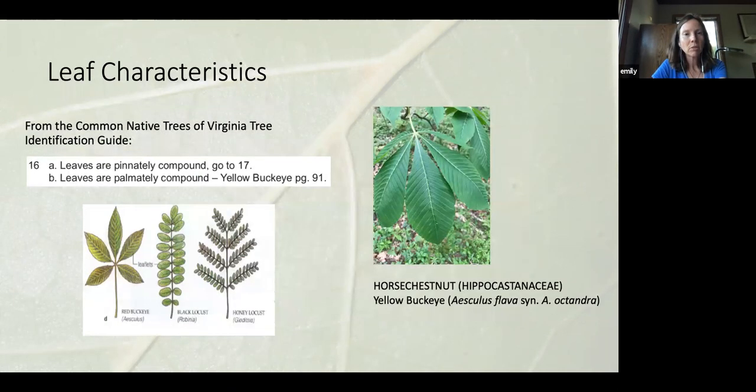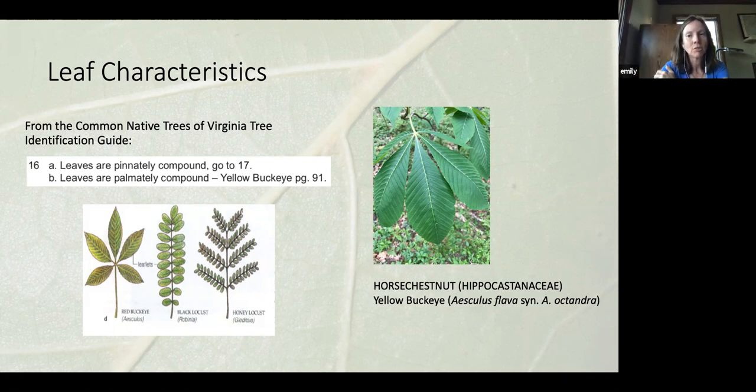So we're doing compound leaves and we're doing opposite compound leaves, just to remember our trek as we're going through the key. So here leaves are pinnately compound, and I've inserted a diagram to show palmately compound versus pinnately compound. Palmately compound is easy because it's like the palm of your hand, and we only have one, so that's the yellow buckeye, and I've got the picture of it here. And that's your palmately compound